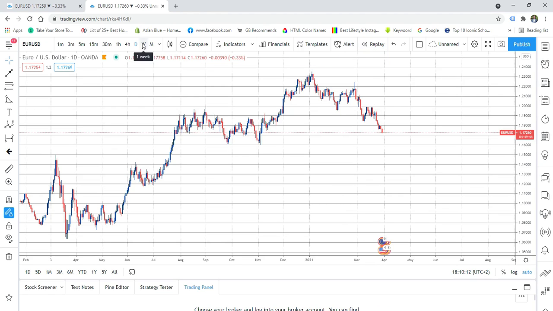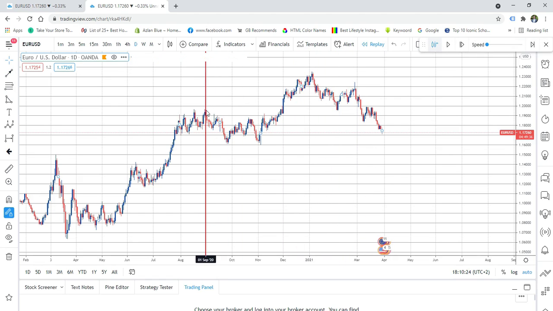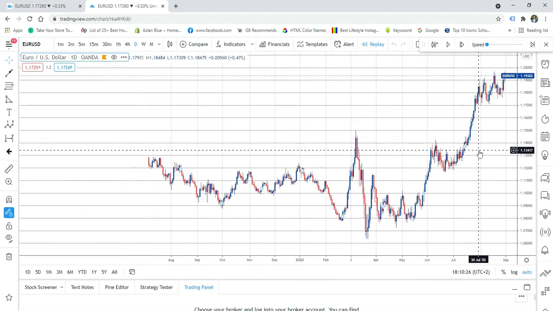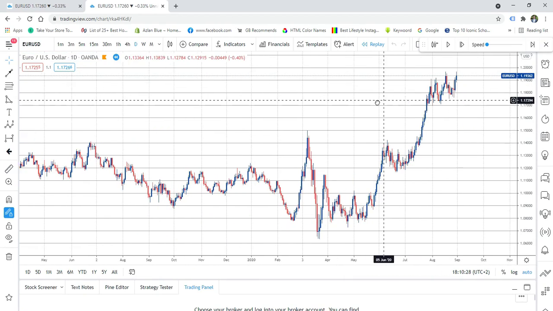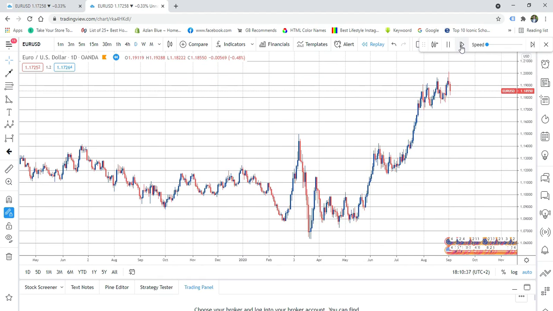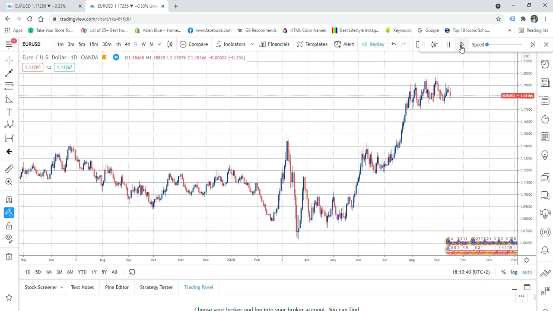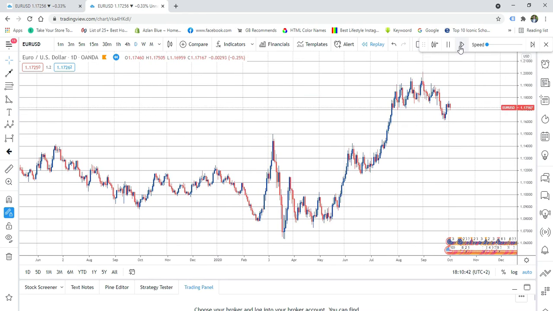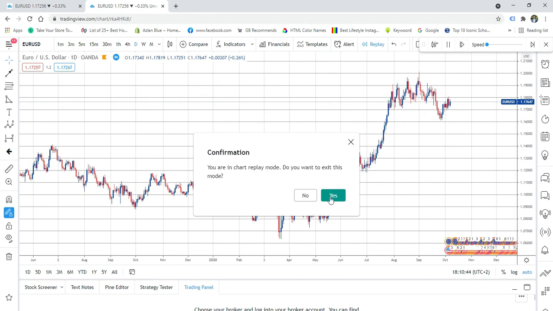So for instance, if you are testing, say you lose a trade, right? And you're trying to figure out, how did I lose? You can go and click replay, and then you have a red line. Once you choose where to end, notice what happens. The market goes to exactly what you were seeing before it played out. Then you can play this out. You can play it out, and once you are done, you can close it to go back to where it